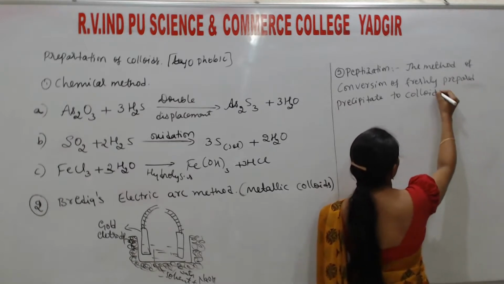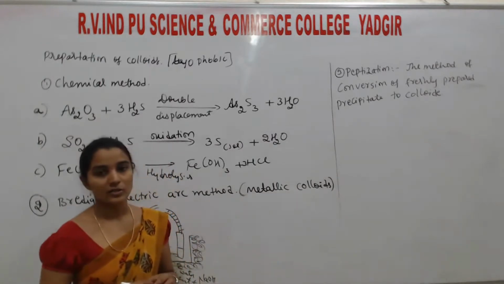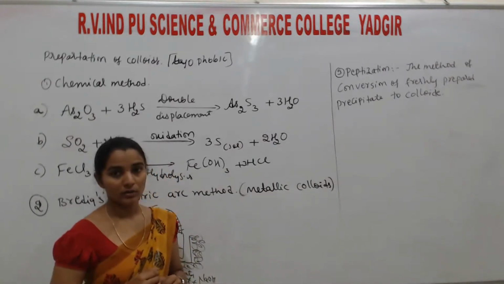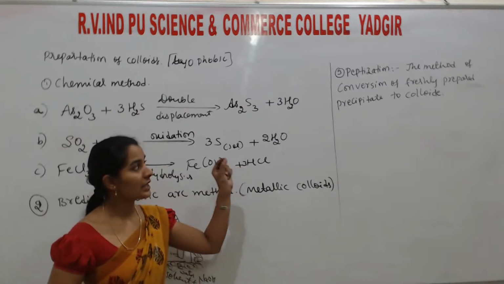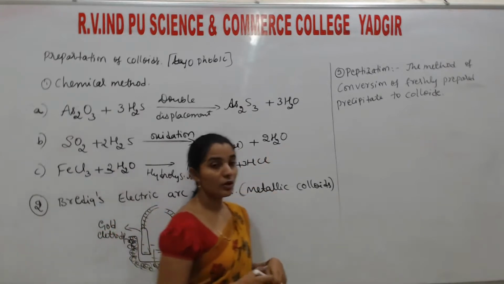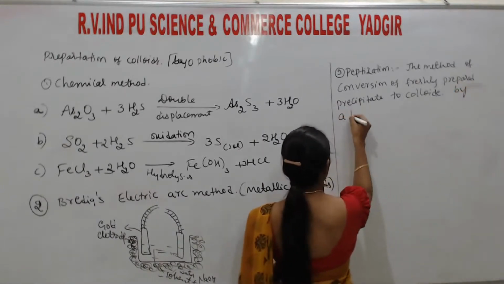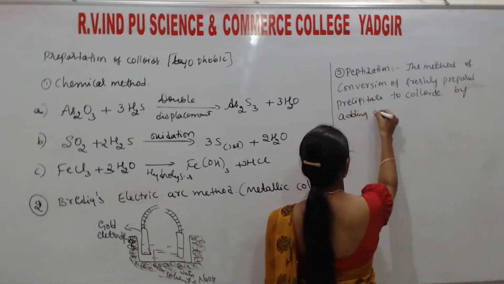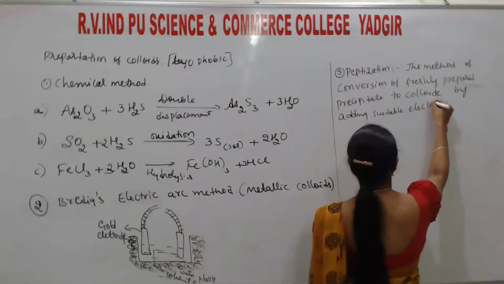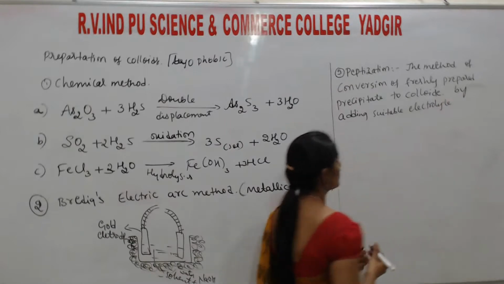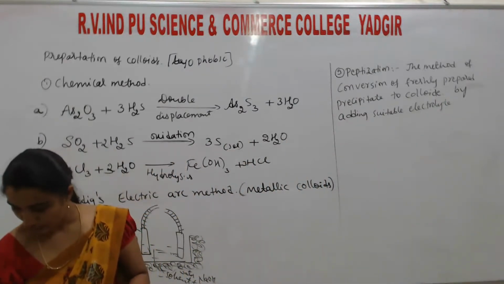Okay, precipitate to colloid. This is called peptization. The method of conversion of a freshly prepared precipitate to colloid by adding a suitable electrolyte. So students, the example for this is